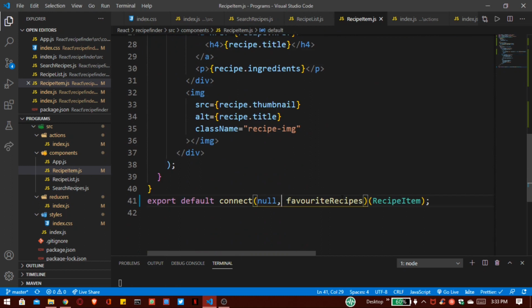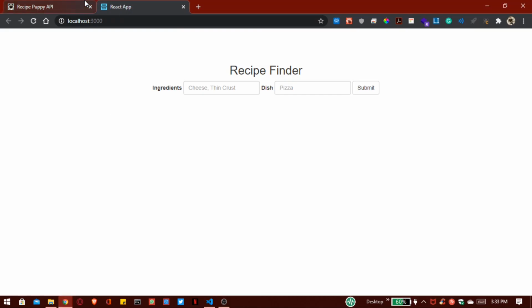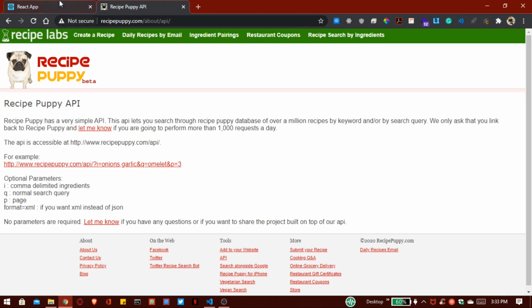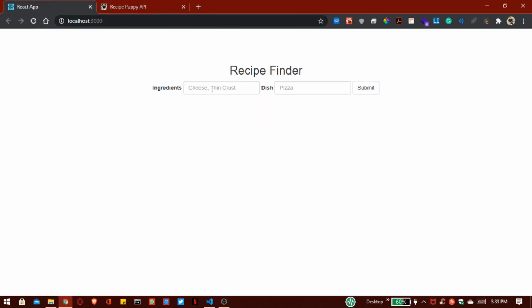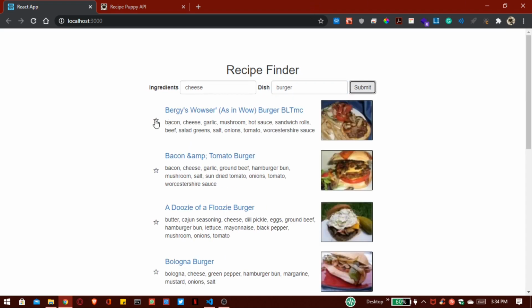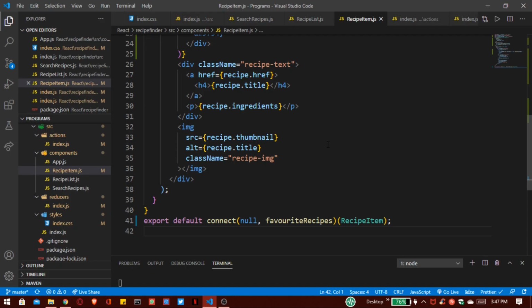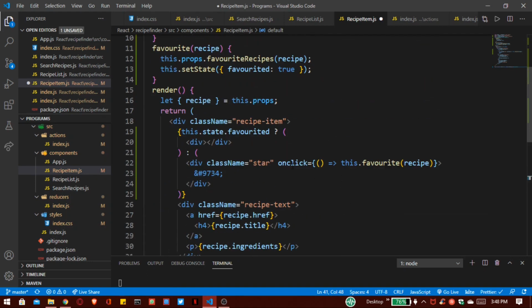We have to pass these favorite recipes inside these curly braces. So now save this, refresh this page again, add cheeseburger, and whenever I click on this select button, you can see here nothing is happening because inside our recipe item.js we have to pass this inside our curly braces, and on click method is not work because here we have to pass capital C.